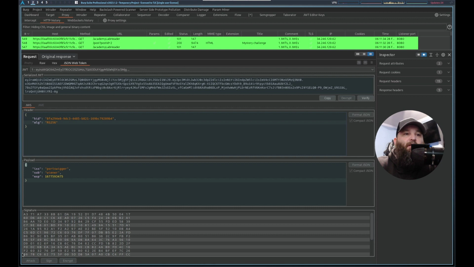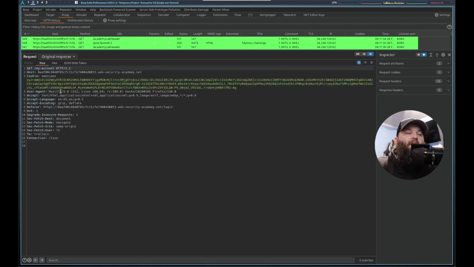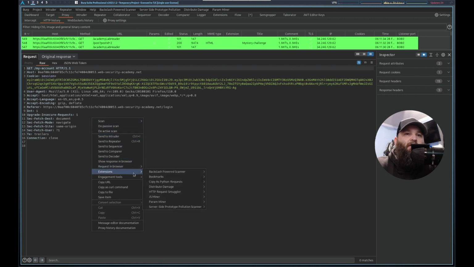This button does nothing. And I still don't know how to use this tool. Request original. Oh, okay. Raw. Send to extensions. How do I get it in